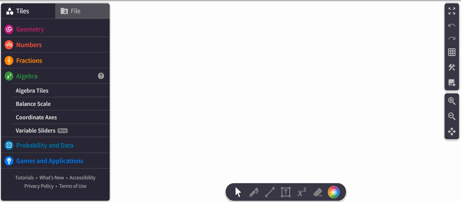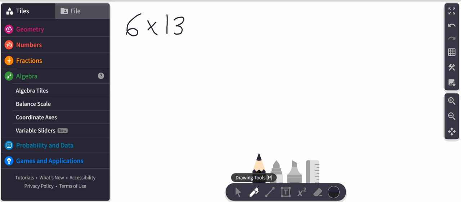Okay, so we're going to be using this application to do a little bit of investigating of something called the distributive property. And we're going to start with just looking at the problem of 6 times 13. Okay, so if you were doing 6 times 13, you'd probably write it out like something like this, and you'd